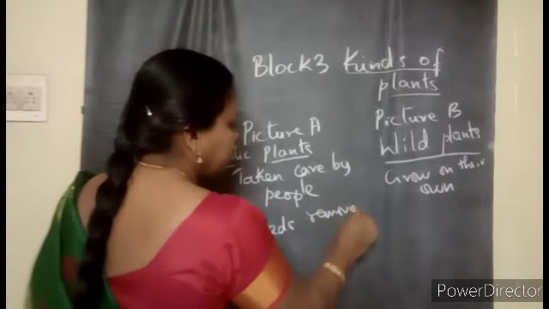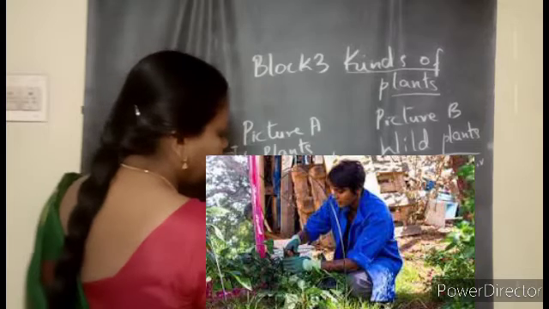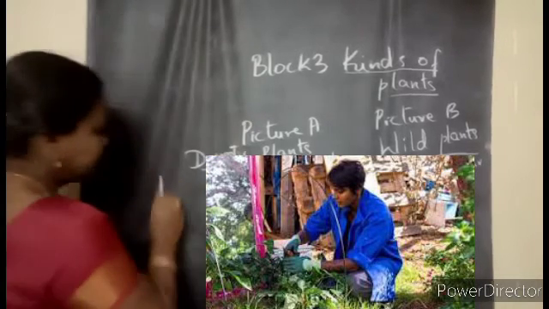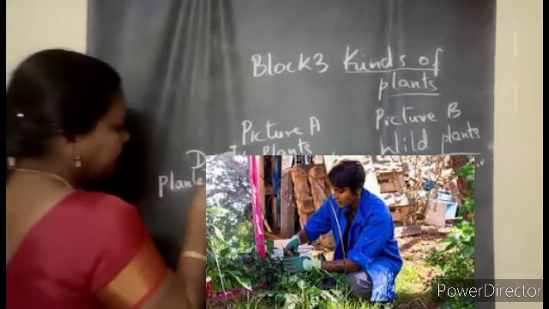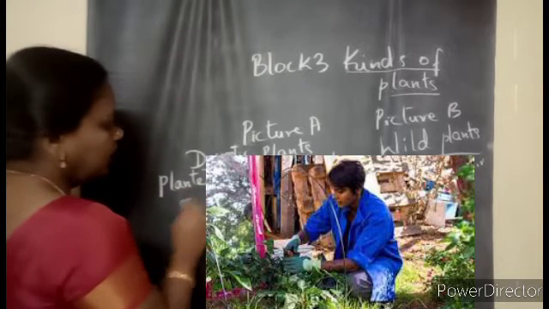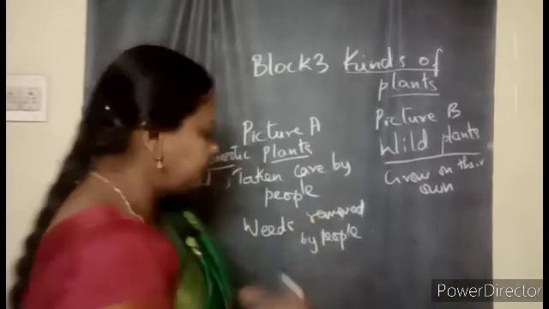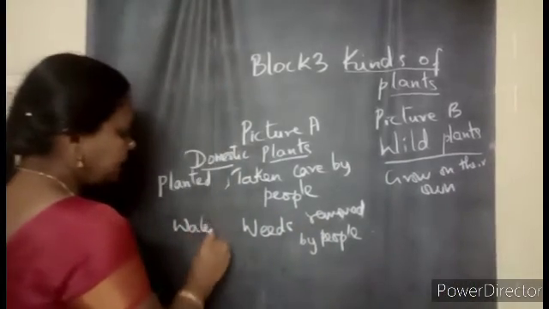Near to that, any unwanted plants are removed by people, and planted by people. That is very important. Who has planted it? The seeds are sown or planted and taken care of by the people. Weeds are removed by the people. Watered by people. So all these are done by the people